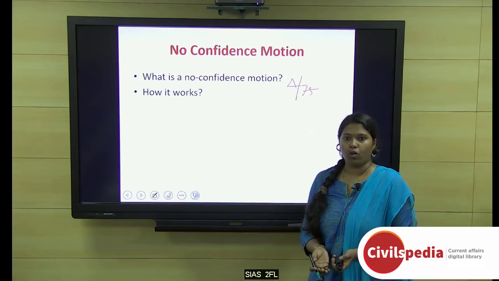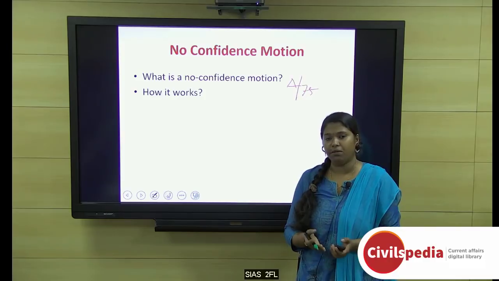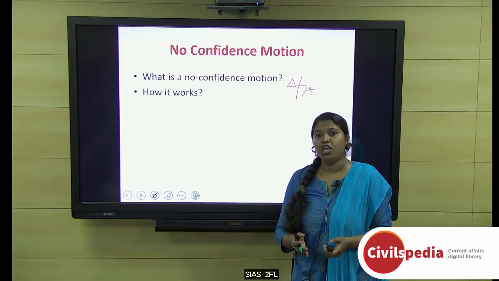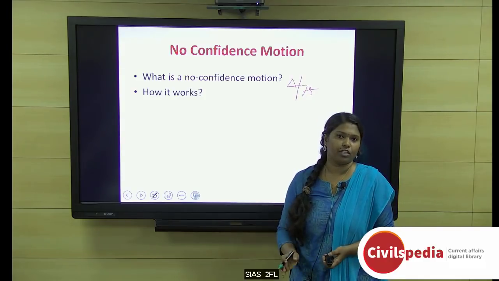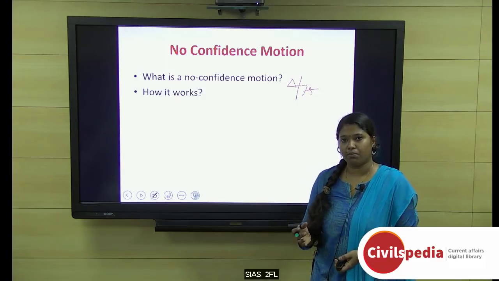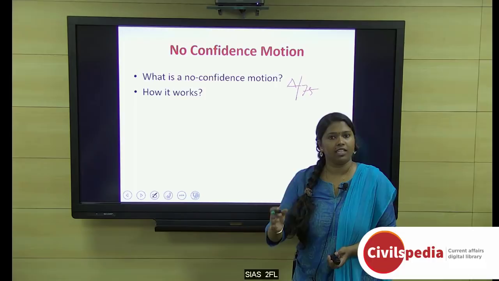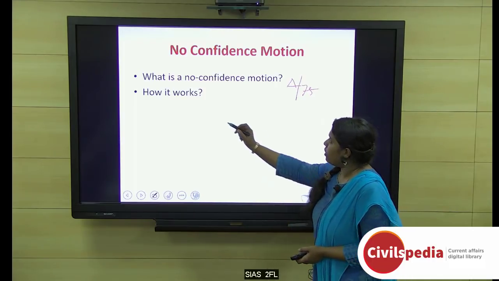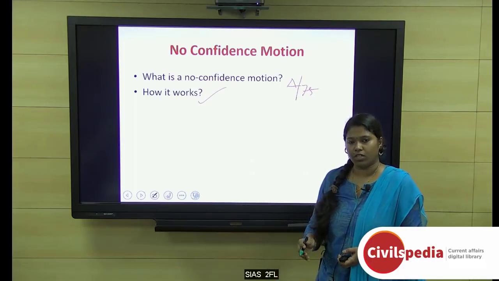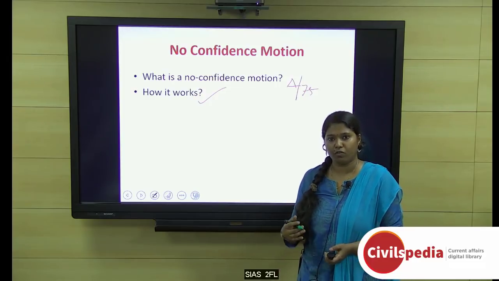If any member of Lok Sabha feels that the party in power does not have the majority, he or she can move a no confidence motion. And if the motion is accepted by the Speaker, then the party will have to prove its majority in the house. So how does a no confidence motion work? There is a list of procedures to be followed